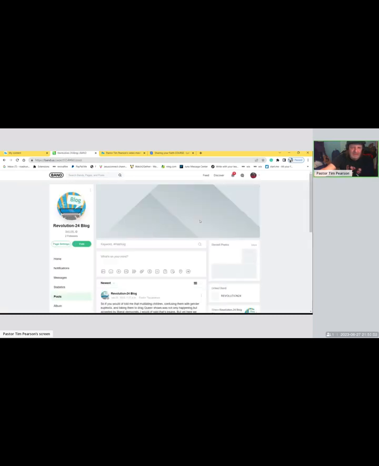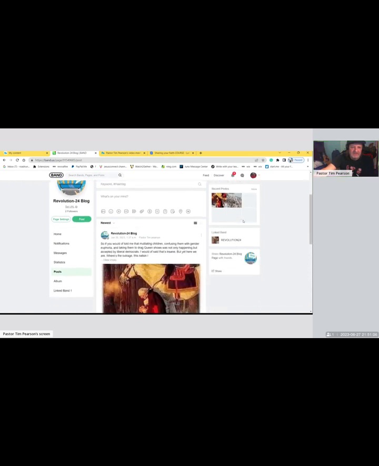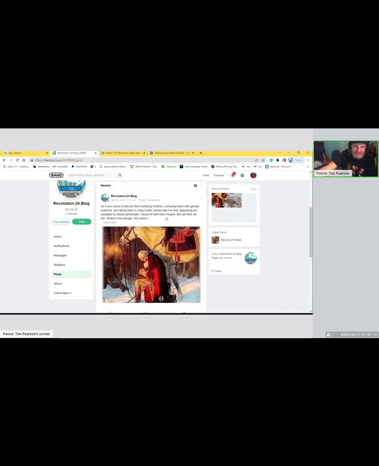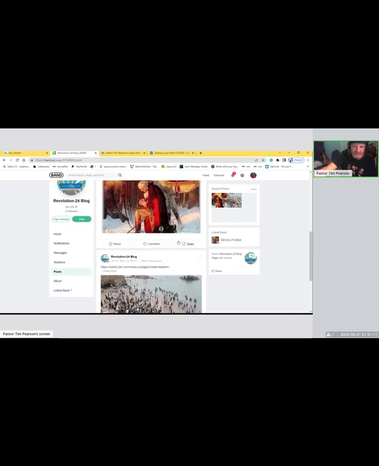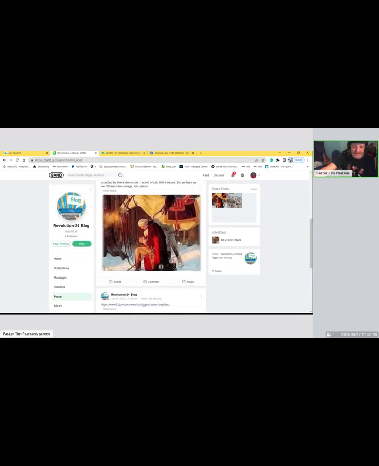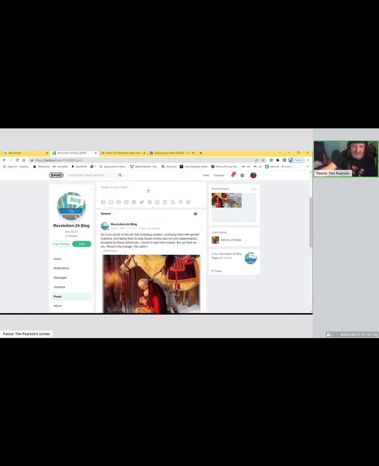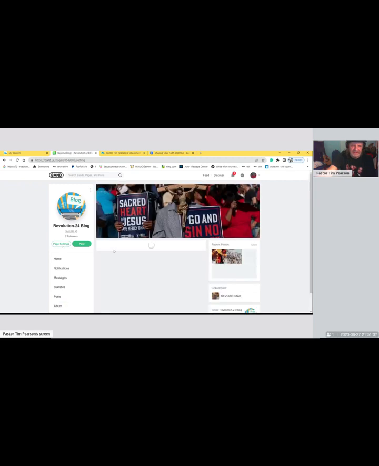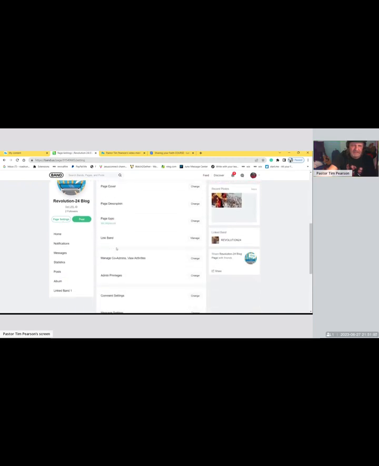And this is what a blog looks like. Basically, it's very similar to the other site that you were on, so it's kind of like a timeline. It's the same posting features, yada yada yada. So that's kind of what's going on with this. It is a separate URL from your website, so it's really detached from it. It's kind of a weird way to do this. You can link it in the page settings, which has its own settings. So you could link it to whatever site you want it to.